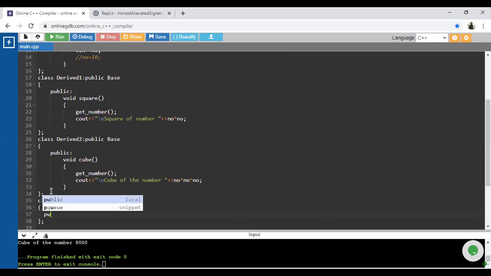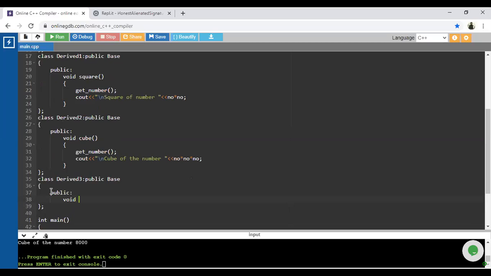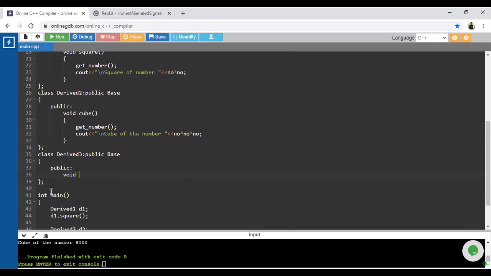Okay, so which function are we going to consider here? Yes, guys, anyone? We have done square and cube. Yes, square root. Again, for that particular purpose we have to use the math function. Instead of that, I will just calculate the area of a circle. For that purpose, I will consider that number as the radius.